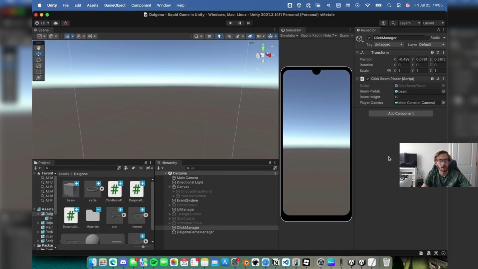But I now have a rough draft of the Dalgona game. So we're going to head into Unity. I'm going to show you how the rough draft works, and then I'm going to break down the 3 main scripts that I used. So, if we go over to Unity,